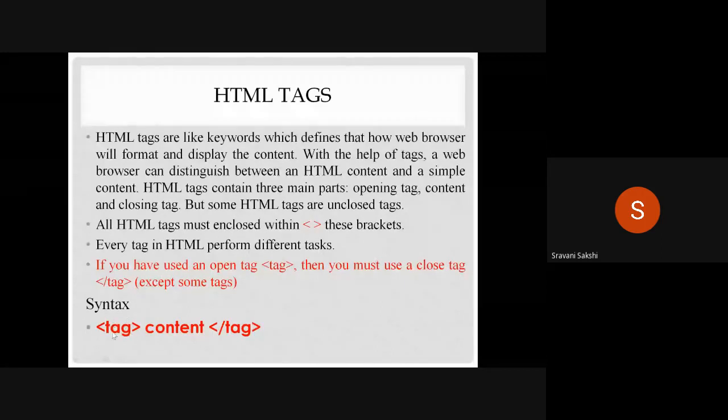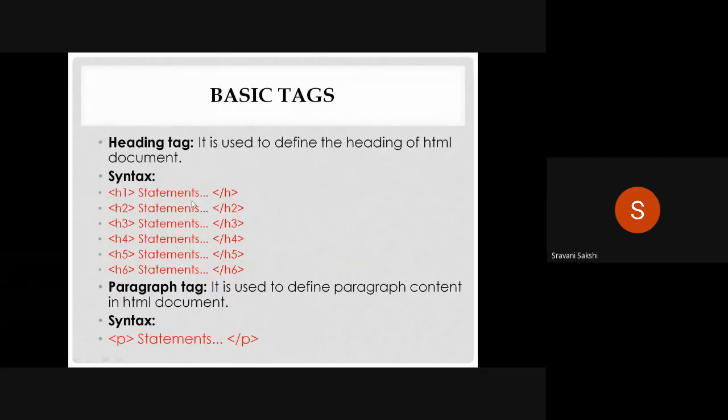So in this tag placeholder, I can give any kind of tag. So we have different types of HTML tags which will be defined in our next slides. Okay, so this is the closing of a tag. So let us see some of the tags. I will be defining the tag and I will show you the execution of that particular tag.